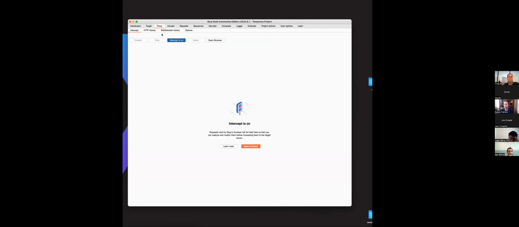All right, so like I said, a lot going on here. It's a very busy screen. But the main tab that we're going to be spending the majority of our time in is the Proxy tab up here. So all of these tabs are different features of Burp, but we want to use the Proxy feature. And if we hit the Proxy, then there's 4 sub-tabs: Intercept, History, WebSockets, and Options. Under the Intercept tab is where we should find the button to open the browser. So when we hit Open Browser,